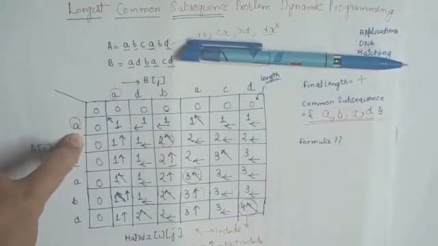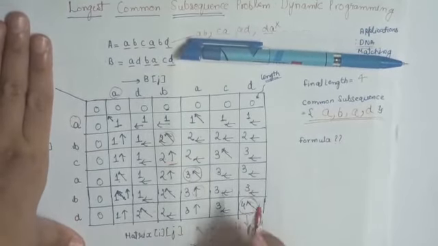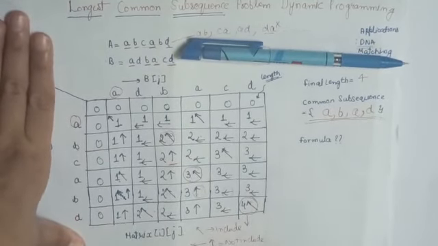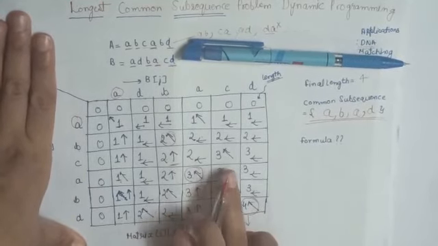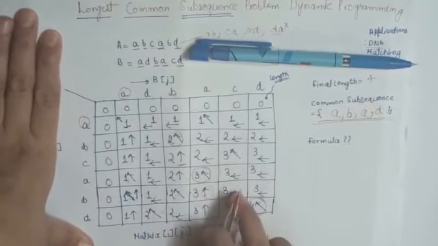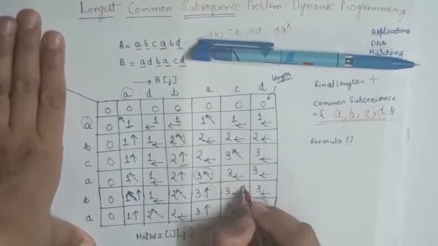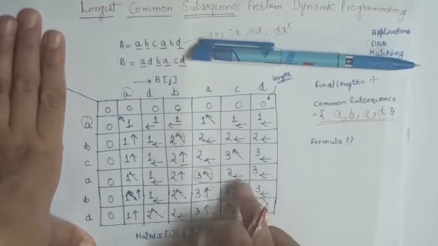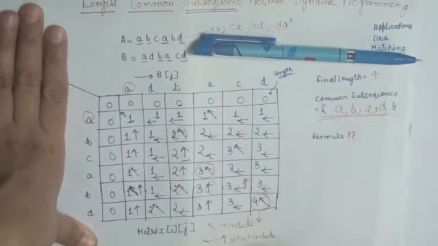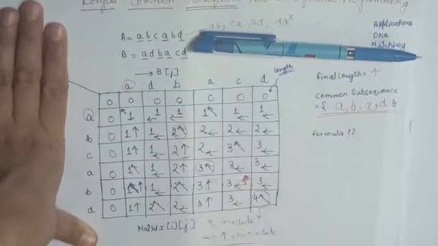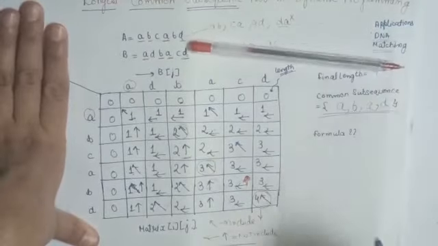There can be other possible subsequences also. How can we find other common subsequences? This arrow I have put, because these both values are same, I have taken the arrow this way, I can take the arrow that way also. In this case, if I would have taken the arrow this way, I would have gone over here, and in the same way your subsequence would have changed according to your arrows. Got it?